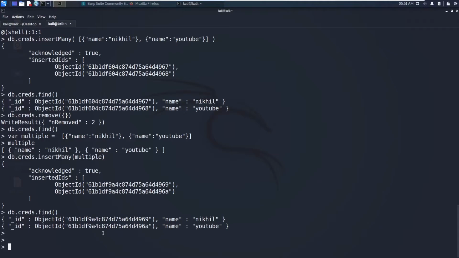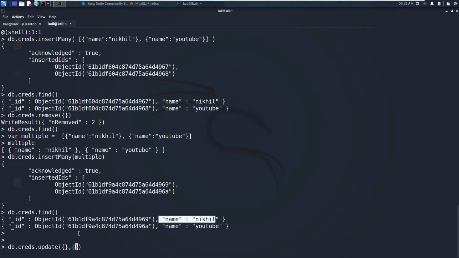Sorry, I did not show you one thing. db.creds.update. So update will update the existing values. So in this update, what you want to do is you need to pass a key value. Based upon this, if that key value matches a record, that record will be updated.